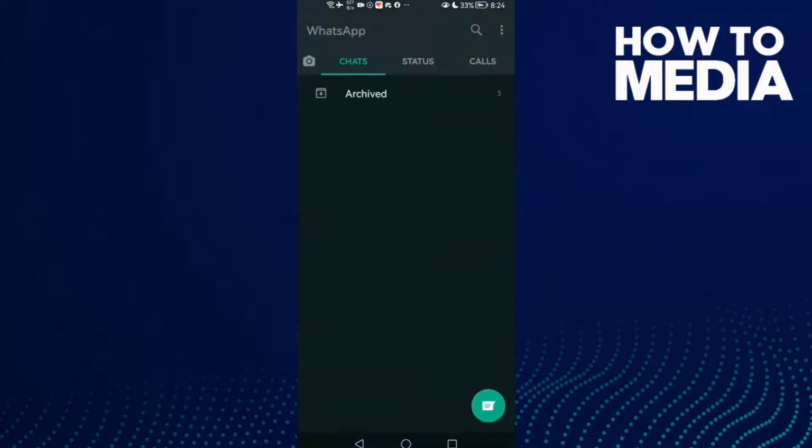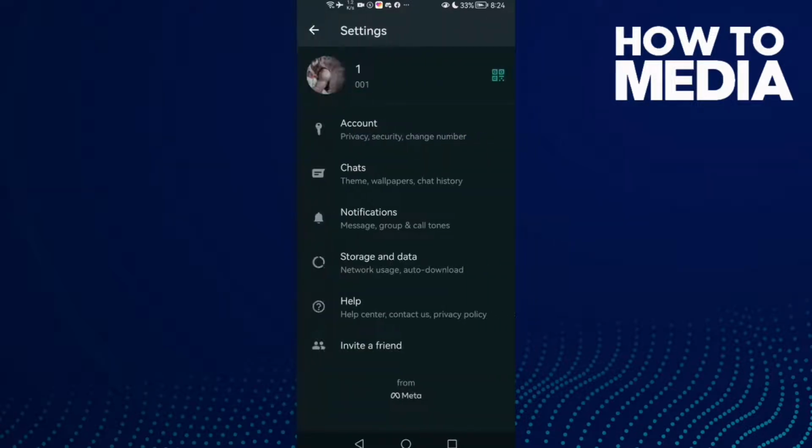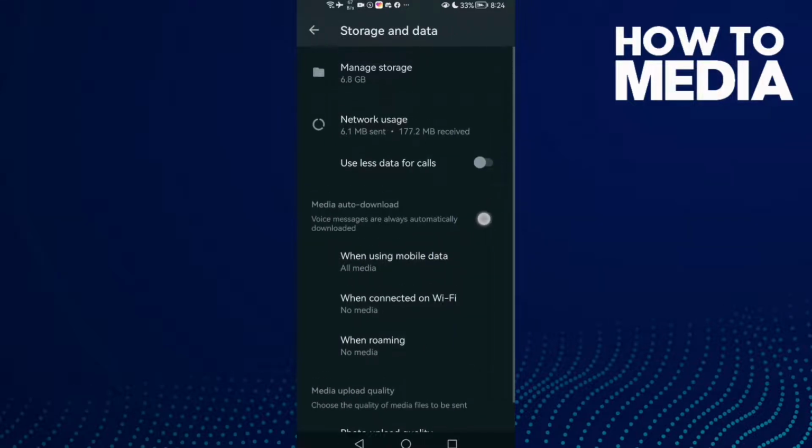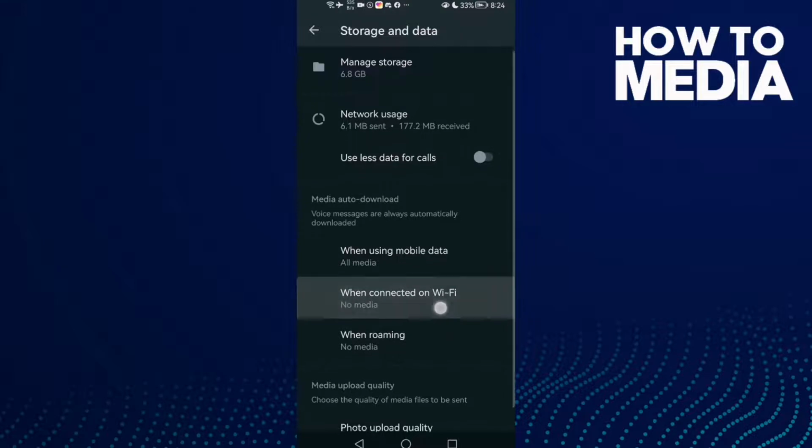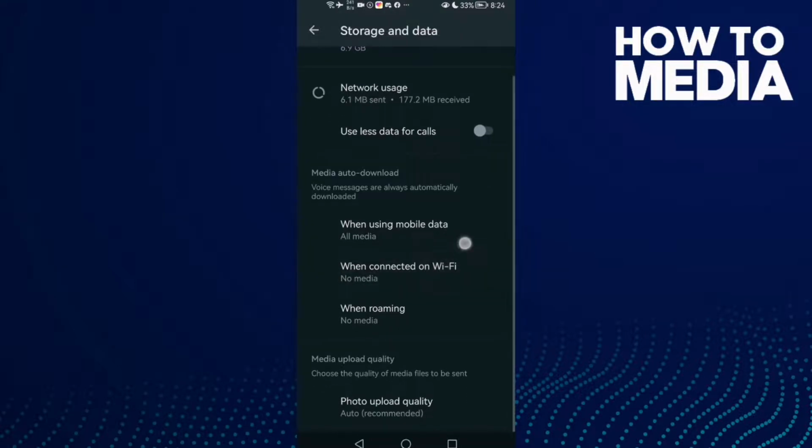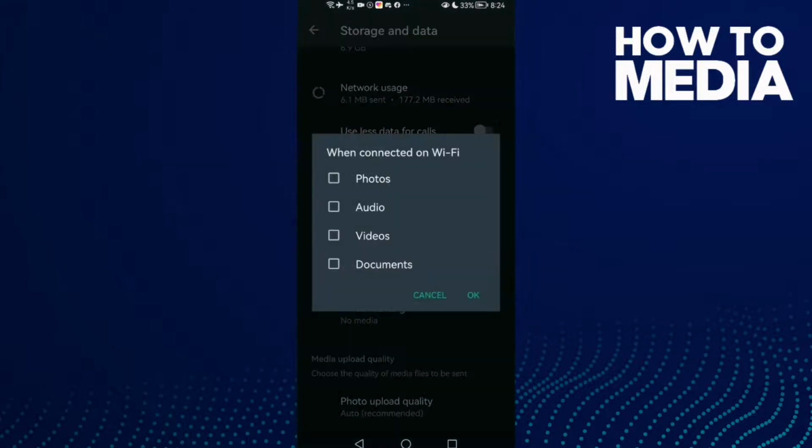First thing, go to WhatsApp and here you will find these 3 points in the top corner. Click on it and click settings, and here you will find storage and data, and then just click this one here. When connected on Wi-Fi, just click on it, and then here you can manage anything you want. You can turn everything off or on,